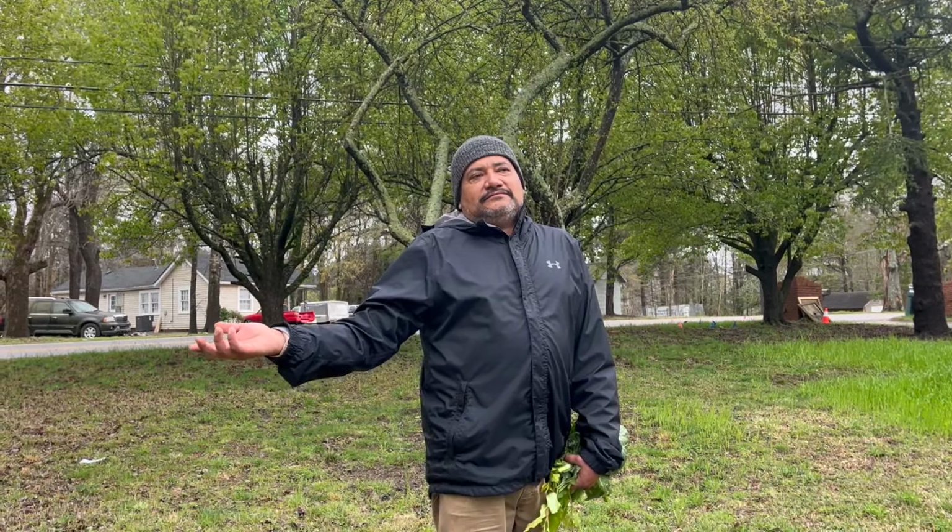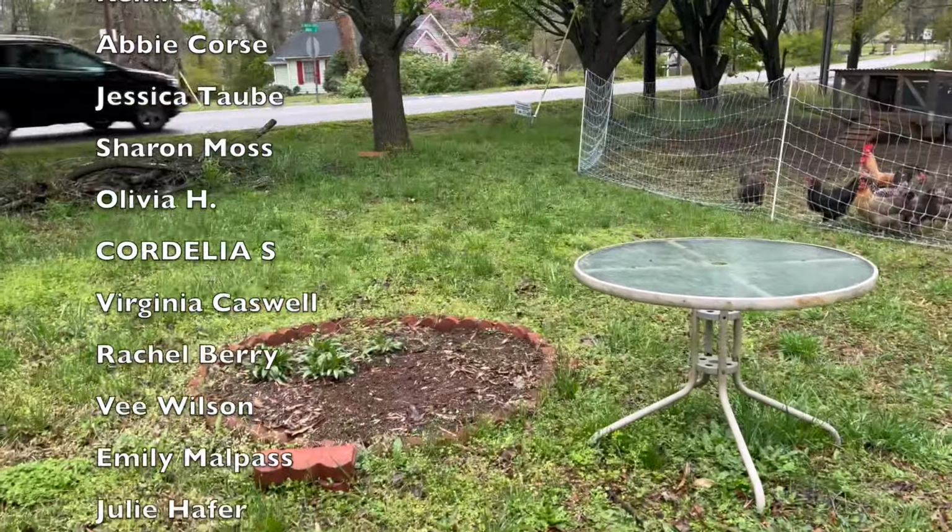Then this is the first one, right? So we are building the second one here. It's going to have the same shape. So the idea is that we are going to extend this garden to